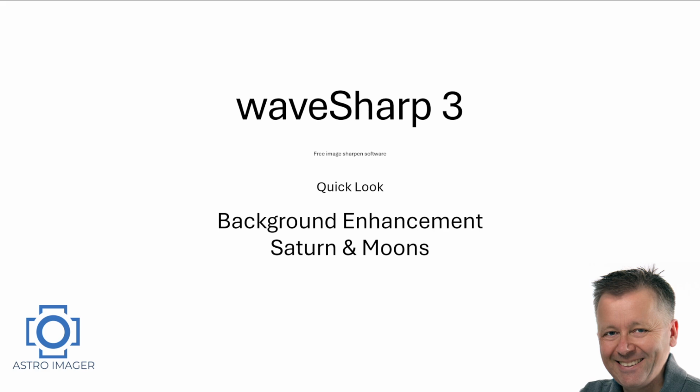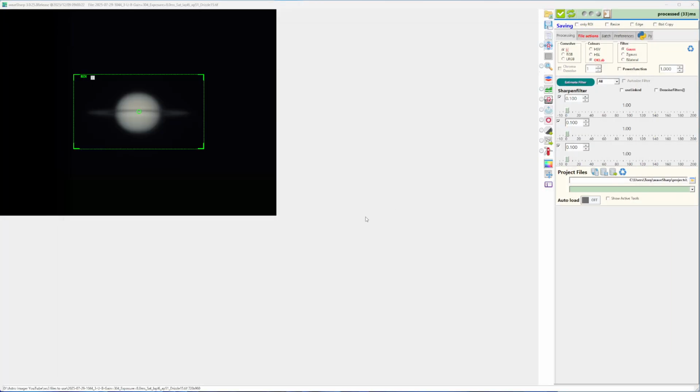So let's get started. I've got waveSharp 3 opened, and I've got my Saturn image opened, which is an image resulting from a stack of a video capture a few months ago. And so the first thing I'm going to do is go in and do some sharpening. I've got these sliders here, and I'm going to move these about 3/4 of the way across to